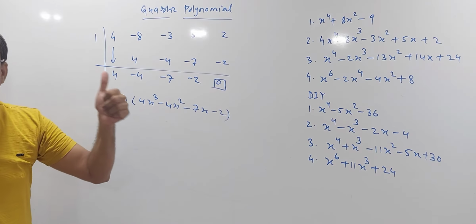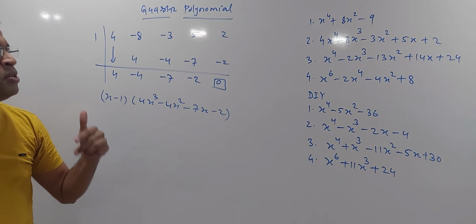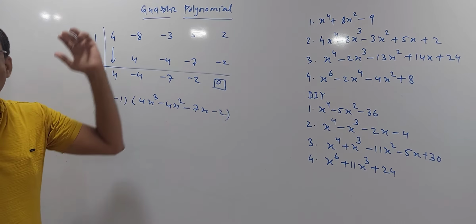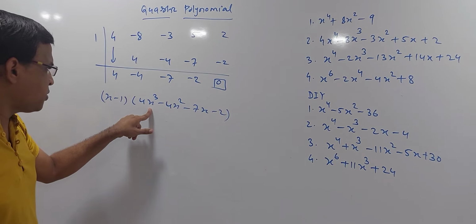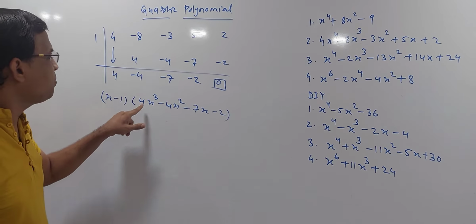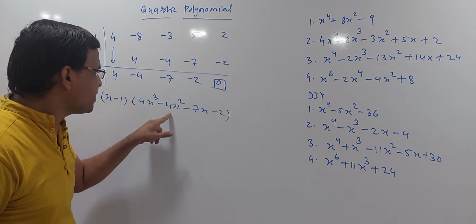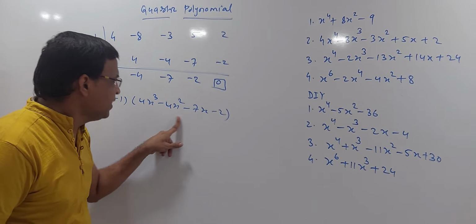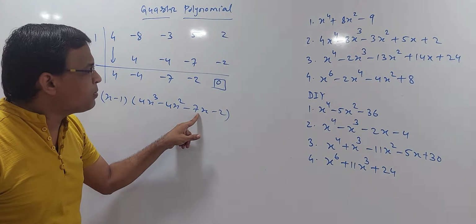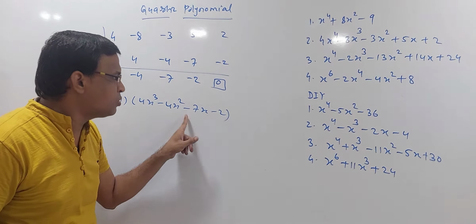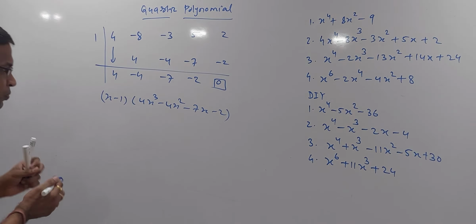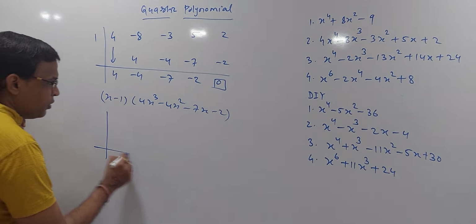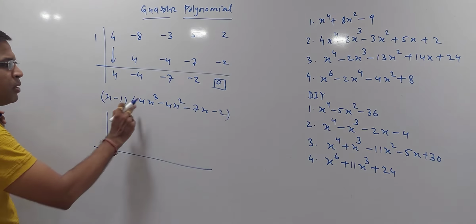So basically the rule is: try with 1 and minus 1, try with Descartes, and after that start your cases. So if I take x is equal to 2, it will be 8 4s are 32, 4 4s are 16, 32 minus 16 is 16, and 7 2s are 14 and 2 is 16, so 16 minus 16 is 0. That means my other root will be 2. Very simple.